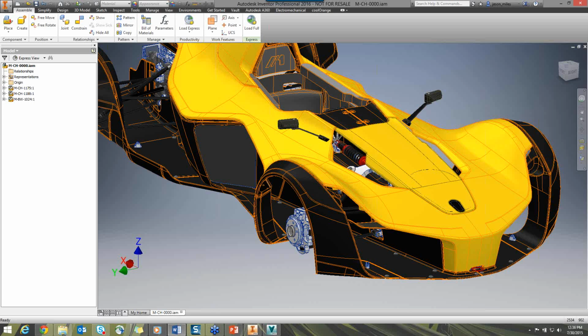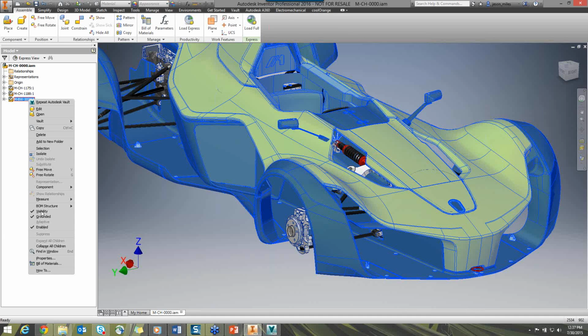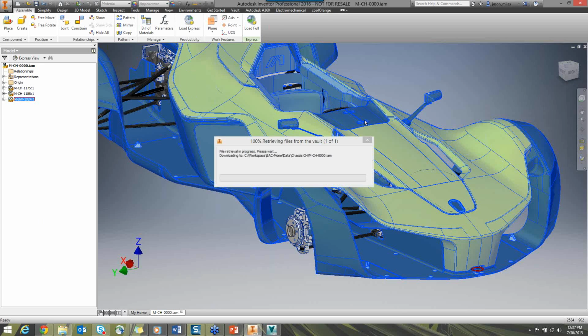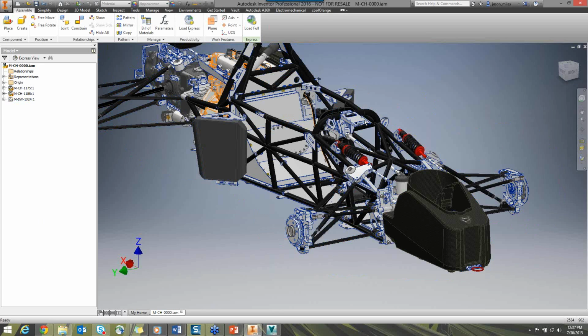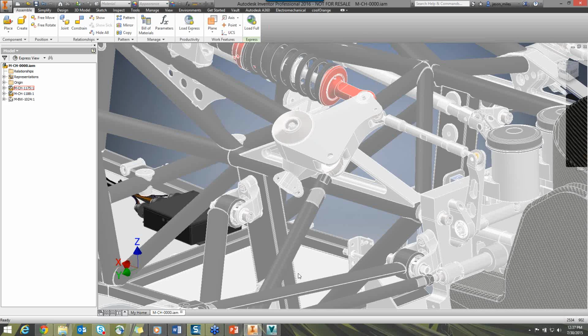We're going to make some changes to a bell crank assembly here on our model from Briggs Automotive, and I want to go ahead and show you what we're going to be using. You'll notice this is the bell crank that we're going to be dealing with. So we're going to start out in Vault Professional,